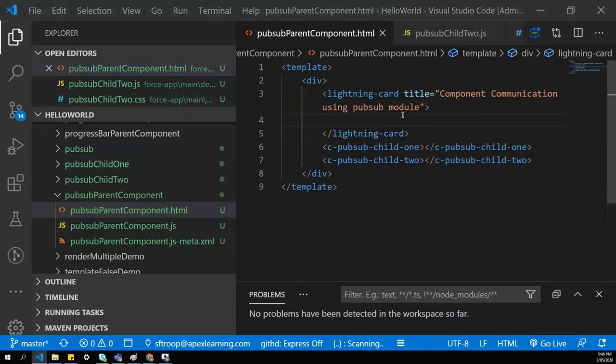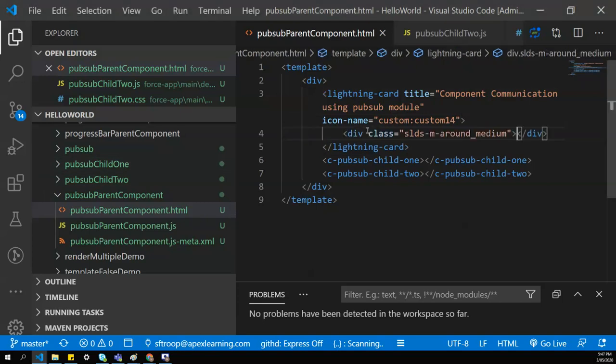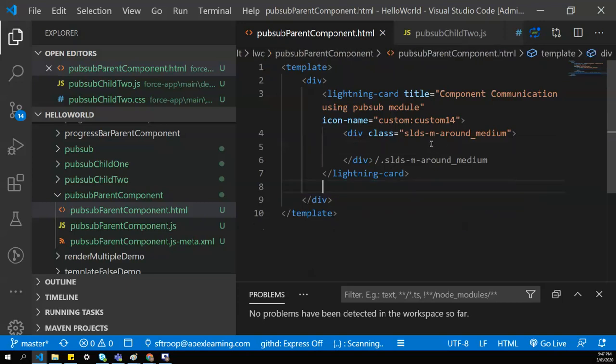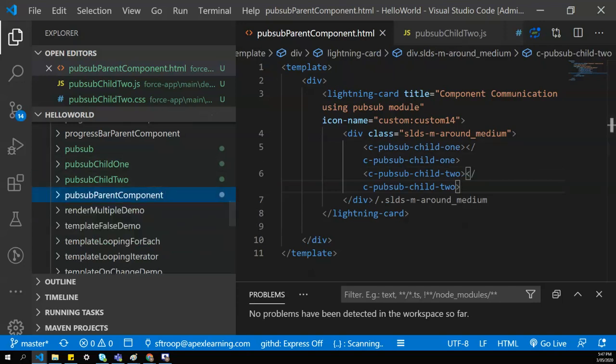And I'll use an icon, icon name custom 14, anything is fine. Within this lightning card, I'll create a div with the class SLDS margin around medium. I just want to give some margin around the card, and I'll copy and paste both components inside this. So our parent design is ready now.